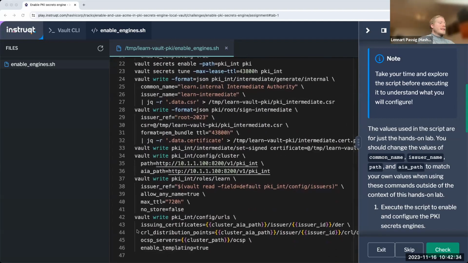And then the second one we will create is we enable a new PKI, but in this particular path, which is PKI_int. And we tune the secret a little bit again. Now the common name, though, is the learn.internal intermediate authority. The issuer name is learn intermediate.